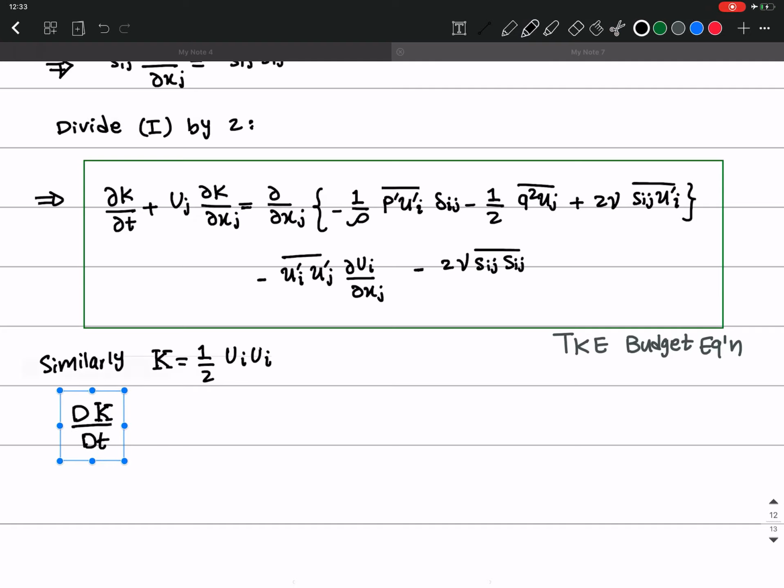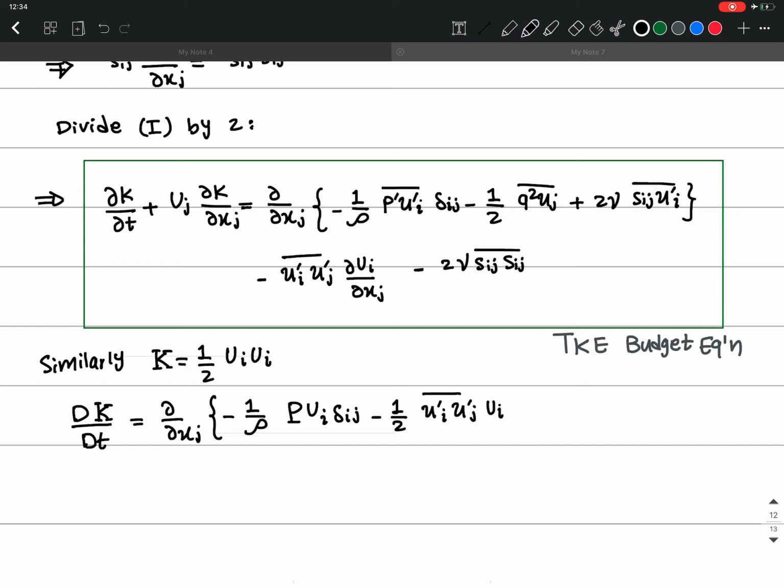And it's going to be like this: dK over dt equals to partial over partial xj of minus 1 over rho P, capital P, Ui delta ij minus 1/2 u prime i u prime j bar Ui plus 2 nu Sij Ui bar